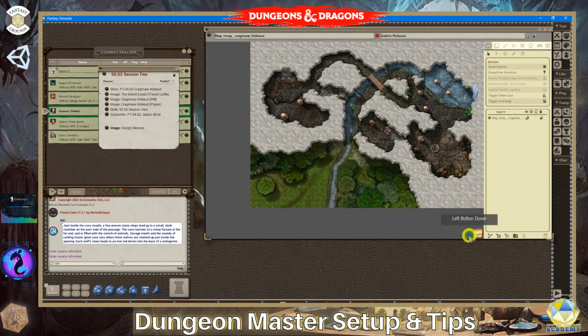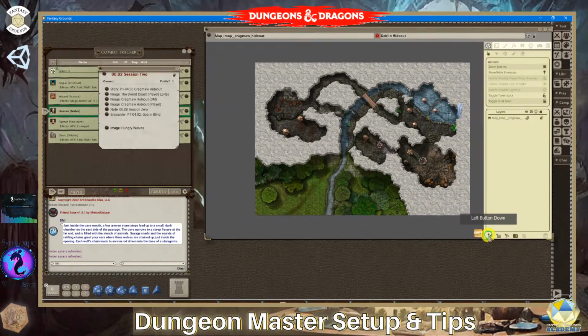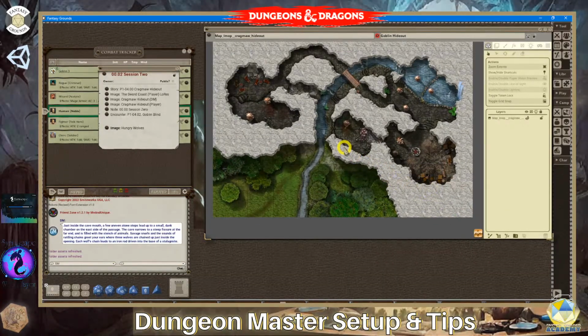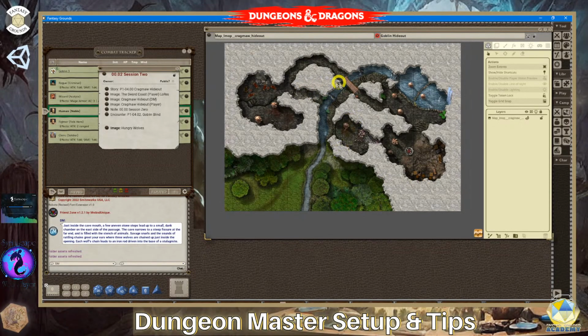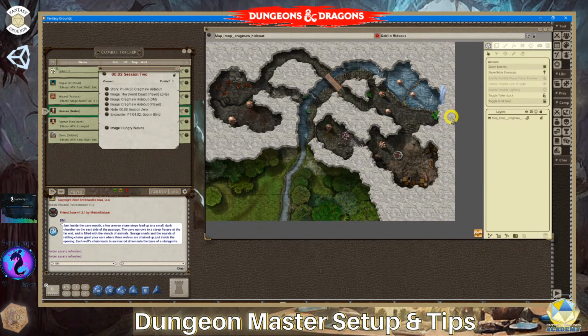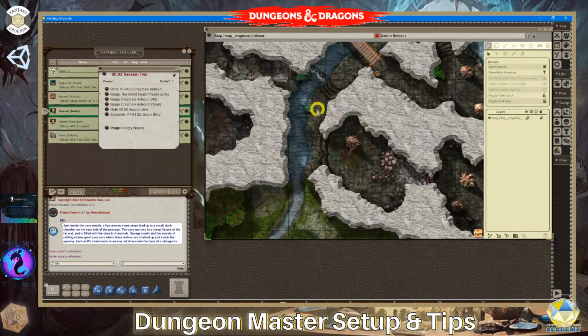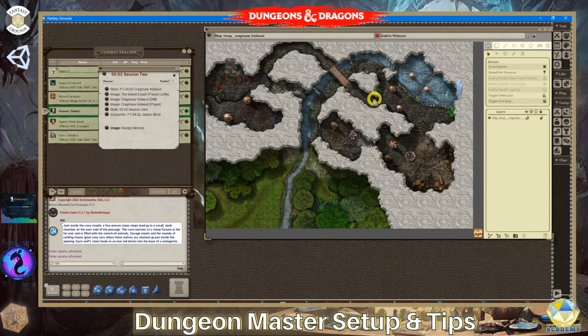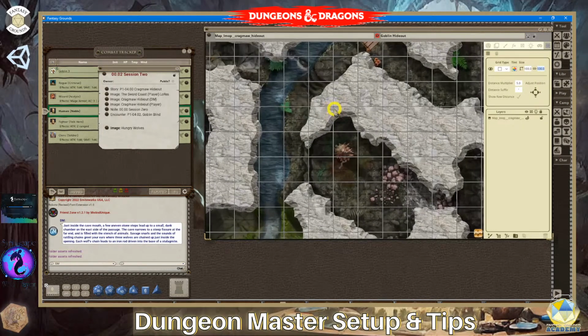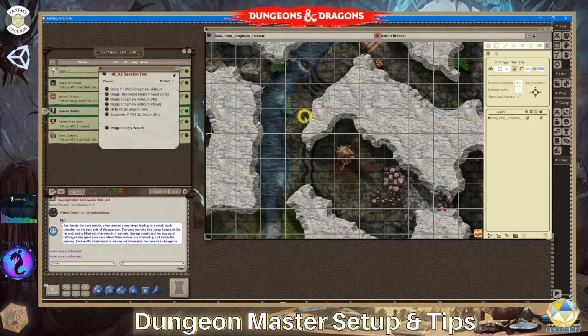I don't want to turn this into a big line of sight video. However, if you're going to add your own content, you're going to have to learn how to do this. So the first thing is to set a grid. It already has a grid on here. I'm going to go with 100 by 100. So if I come over here to the right and go to grid, right now it's set to 50 by 50. I'm going to add 100 by 100, and that should be the correct size,